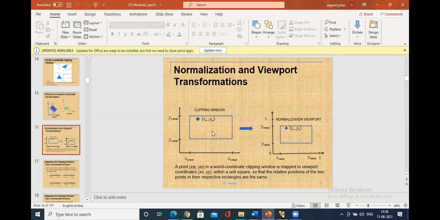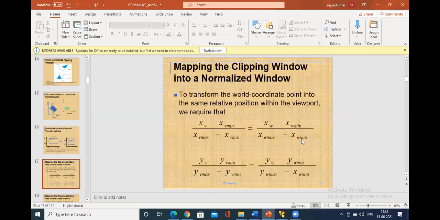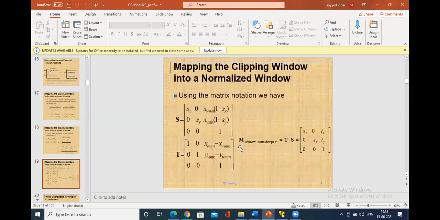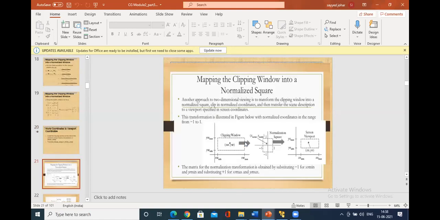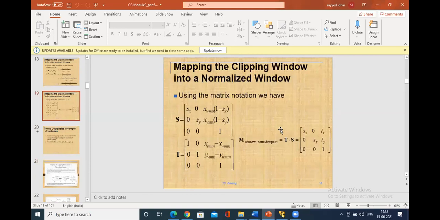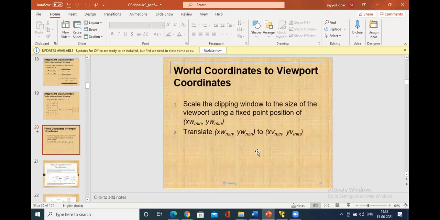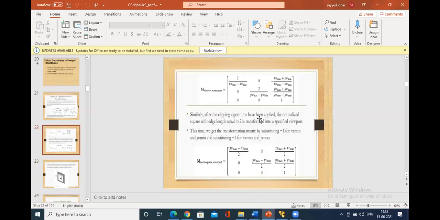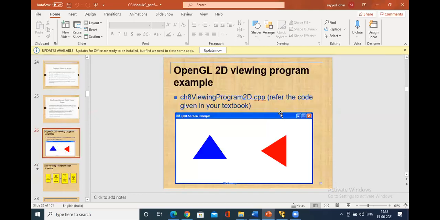For example, the dimensions of the window may not be the same as the viewport, right? So we have to map it by using a few scaling factors, as in the theory that we have seen. In fact, I have made the program very simple. There are two concepts: mapping the clipper window into a normalized square, and direct mapping. We are going with the direct window to viewport mapping, and I have avoided some of the code to reduce the complexity of the program. As you know, when you go with the scaling factors, the program becomes lengthier.